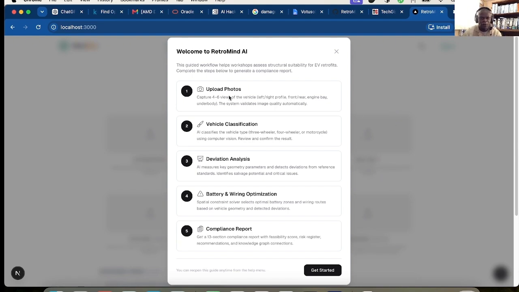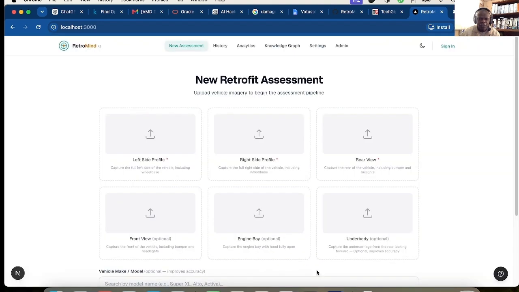This is the onboarding page where you have the instruction on what the user needs to do: upload your vehicle photos, and you have a vehicle classification section. Then we have deviation analysis, battery and wiring optimization, then the compliance report. So on getting started,